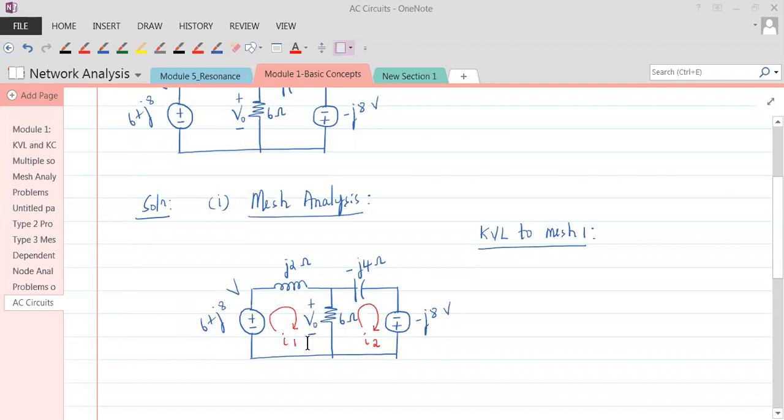Since we are coming across this minus sign, I'll write that as minus (6 plus J8). I cannot write minus 6 plus J8; it would be a problem if I do that. It is common sense that we have to take brackets. If it is plus, there is no necessity, but since there is a minus, this minus is not only for the 6 but also for the J8, so you have to put a bracket. So minus (6 plus J8) is the voltage, plus